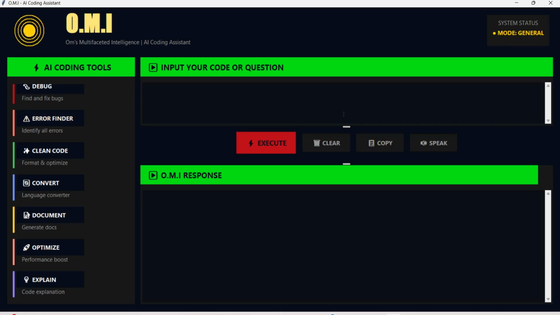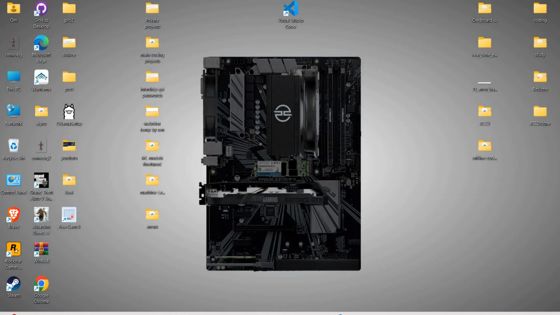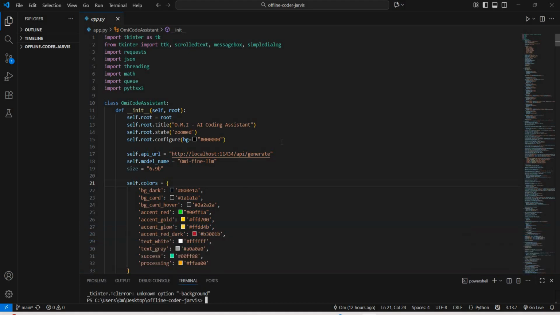So yes, this was my upgraded model. As you can see, I have named it O.M.I because my portfolio website's AI agent is also named O.M.I. You can talk to her on my portfolio website. So thank you for this. And I have achieved my problem statement. My problem statement was generating a 100% privacy AI agent